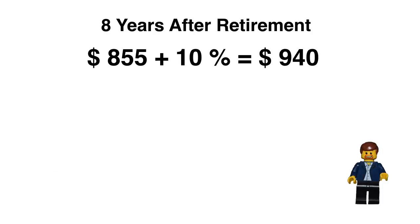So 8 years out, what do we got? We got 855 plus 10%, 940. The 855 number will definitely go up as far as the parts value goes, because right now it's 9.2 cents a brick, but that will go up. Typically, sets' parts values go up